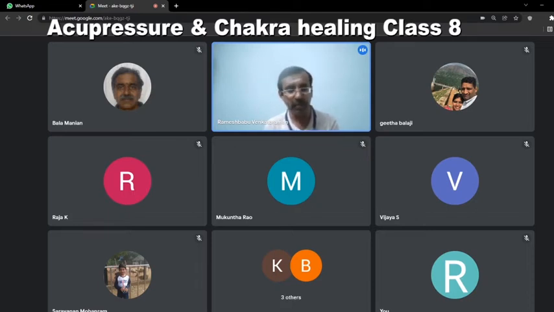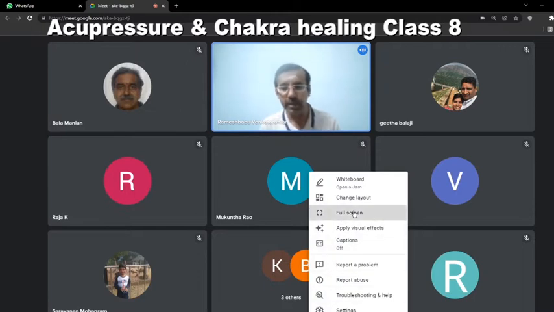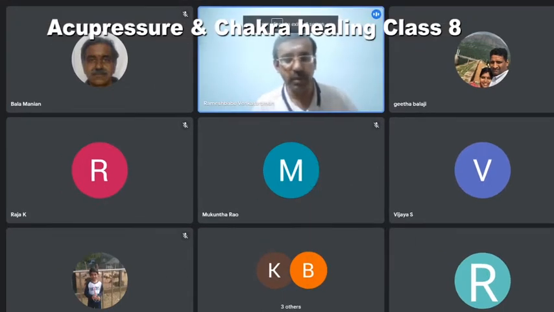You already have the app, and there is one thing that I didn't talk about earlier, which is Chinese measurement. The Chinese measurement is very important. With those two, the Chinese measurement and the points that I'm going to show you with the app, please have the app ready, because I'll show you some important features of the app also. With all three, you can start doing acupressure by yourself for the majority of problems.